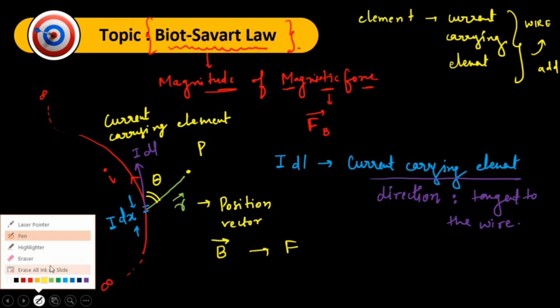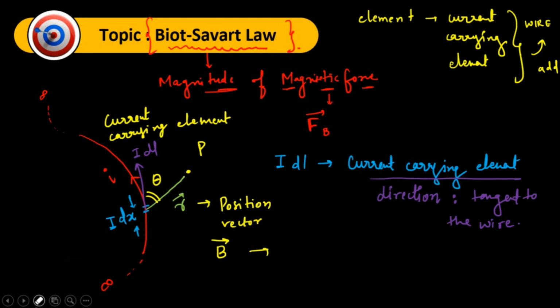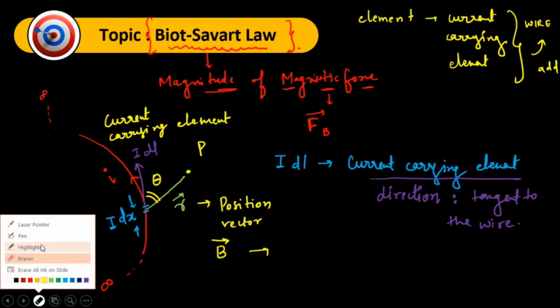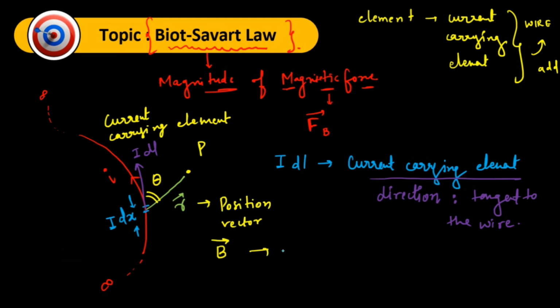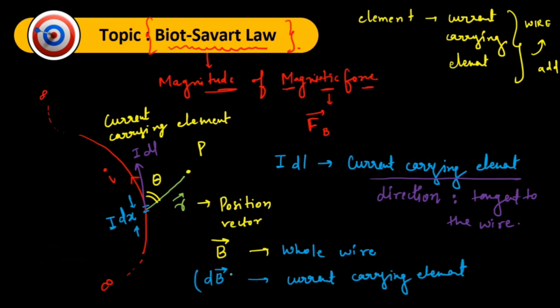But the magnetic field due to this wire can be represented by B. But if we want to find out the magnetic field due to that element, we will write dB, because of the current carrying element. So that magnetic field dB, now that is important,